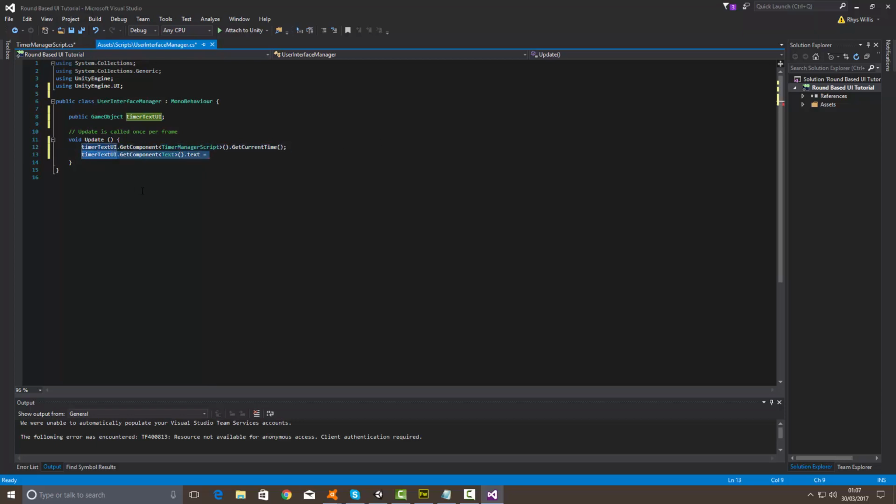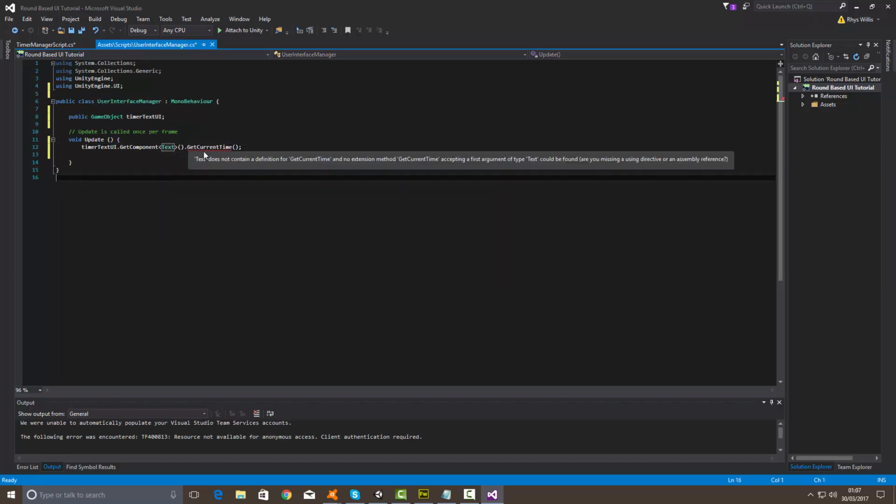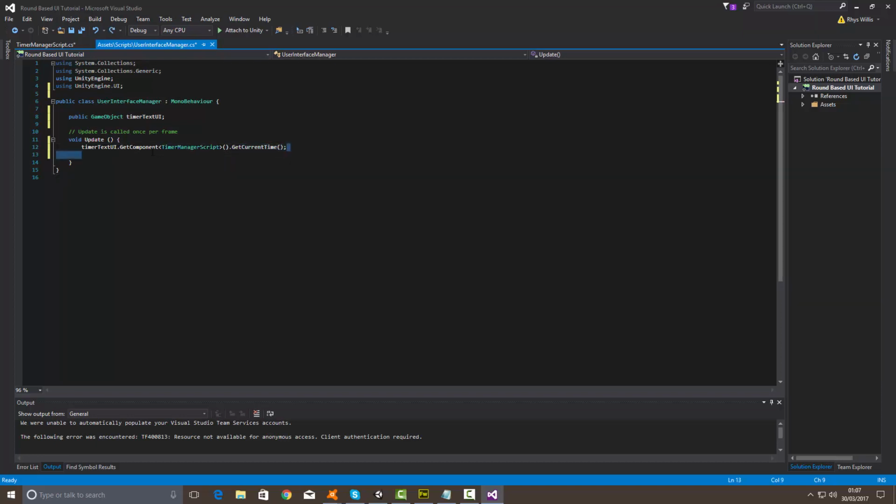Shouldn't be recording this at night, I think. So what we can actually do, which makes a lot more sense, is just call this text here. We don't need to reference that. Well, actually, undo that. If we just copy this full line, which makes a bit more sense, change this to text.text equals, paste the line we just copied,